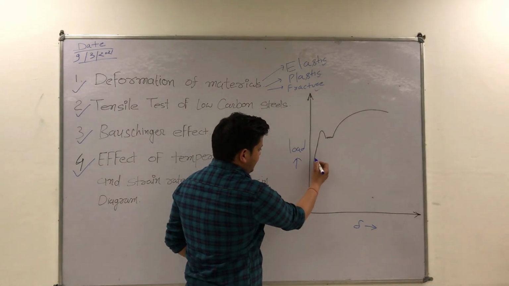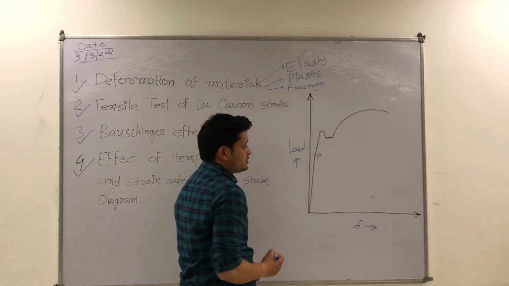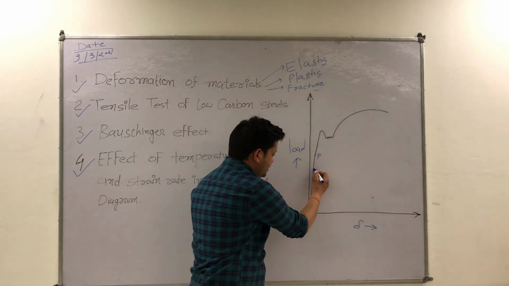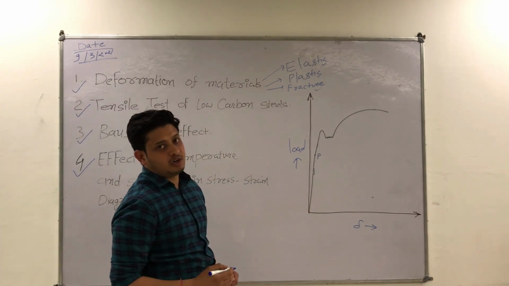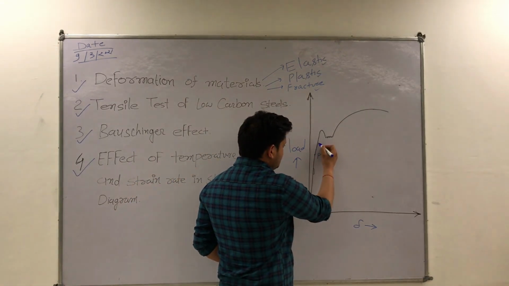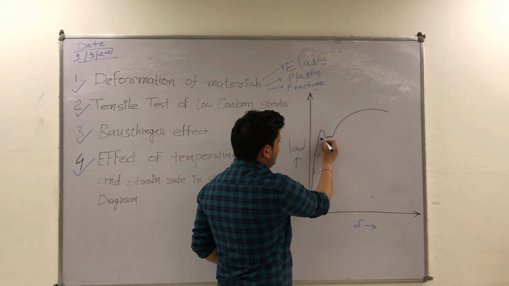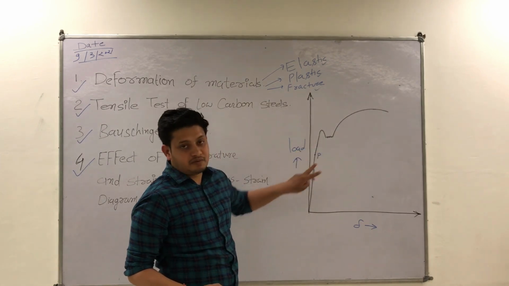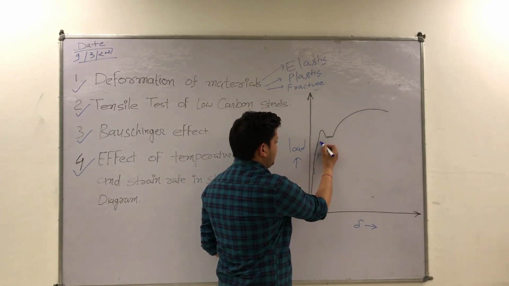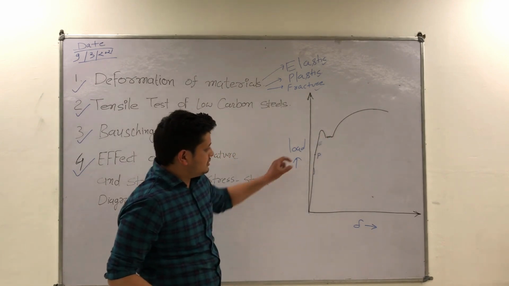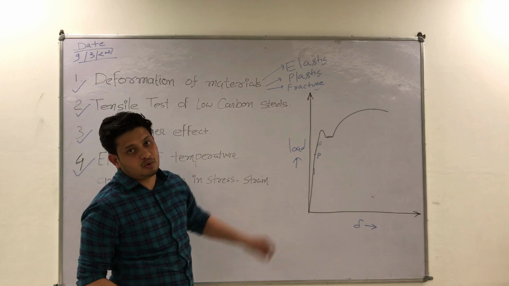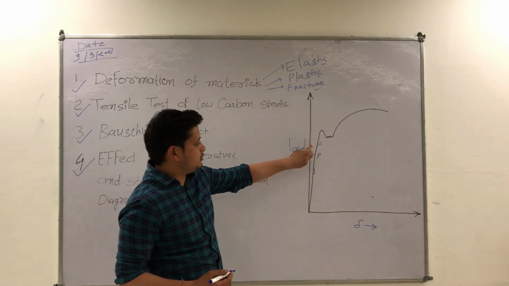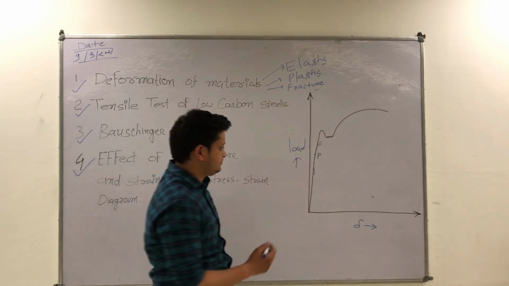In the initial state, there is a point known as P, the proportional point, up to which Hooke's law is valid. It means stress is directly proportional to strain, and the slope of this curve is known as the modulus of elasticity. After this point, there is a point known as the elastic point. Sometimes there is no proper position for that point; sometimes we can take this point E here or here. But generally this point shows the maximum load that can be applied to the material, up to which the material behaves like a perfectly elastic material. It means up to this point there is no permanent deformation in the material.